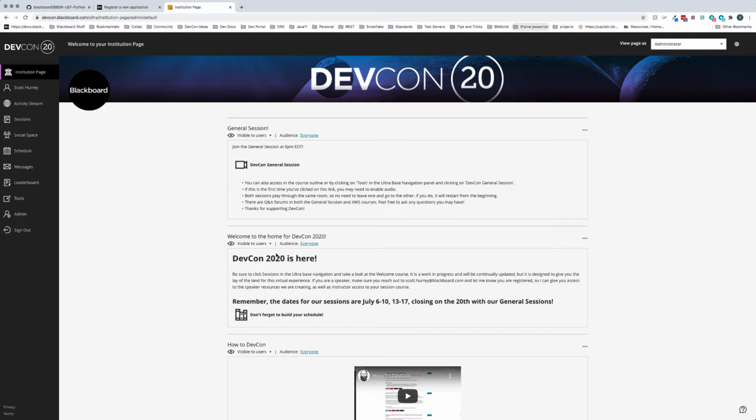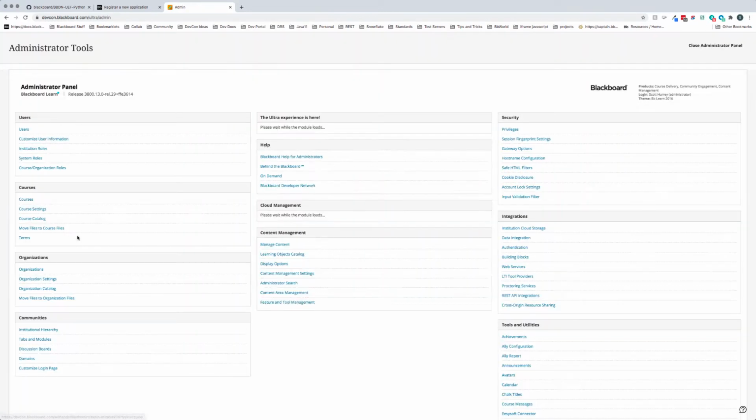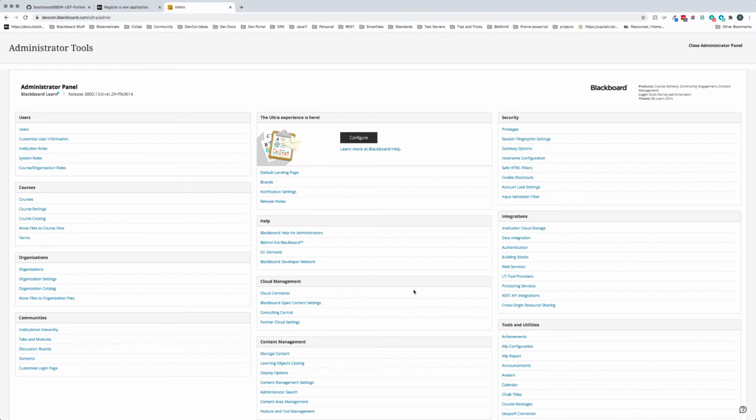And once we did that, we then cloned the repository locally to our desktop, and we went ahead and configured it mostly. So we mentioned the deployment ID, and so the next thing that we really need to do is go ahead into our Learn instance. In this case, I'm using devcon.blackboard.com, and you'll need to make sure you have administrator privileges. So I'm going to go ahead and click on Admin, and we need to actually